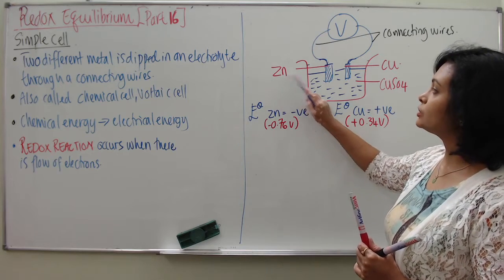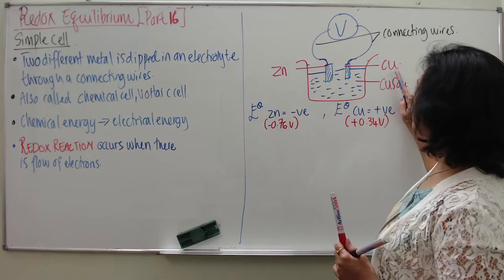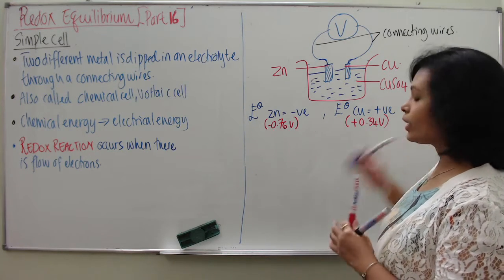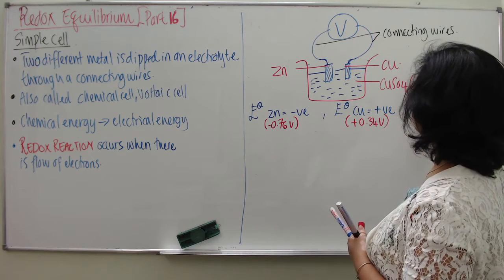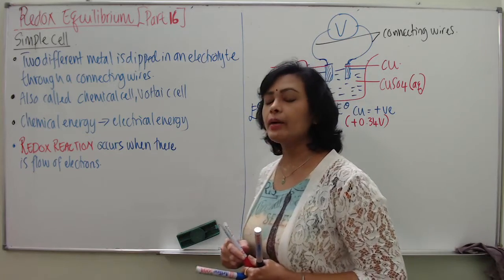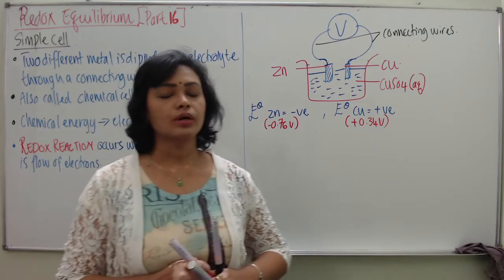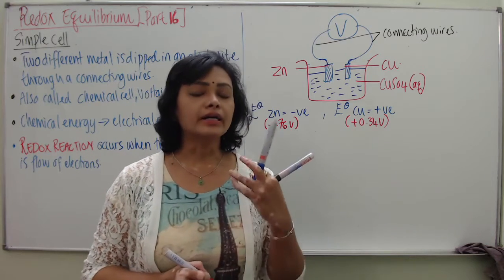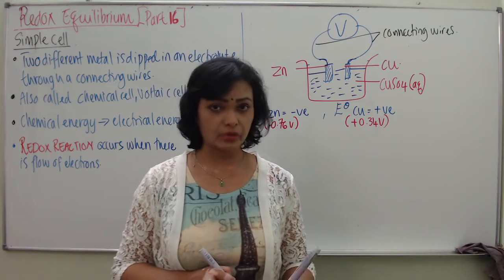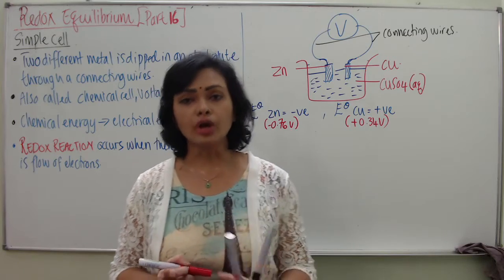Students can see that teacher has drawn a zinc plate at one end and a copper plate at the other end, and the electrolyte is an aqueous solution called copper(II) sulfate. Please remember the electrolyte must be in the form of an aqueous solution, but not a precipitate. Make sure students choose a salt which is not a precipitate.